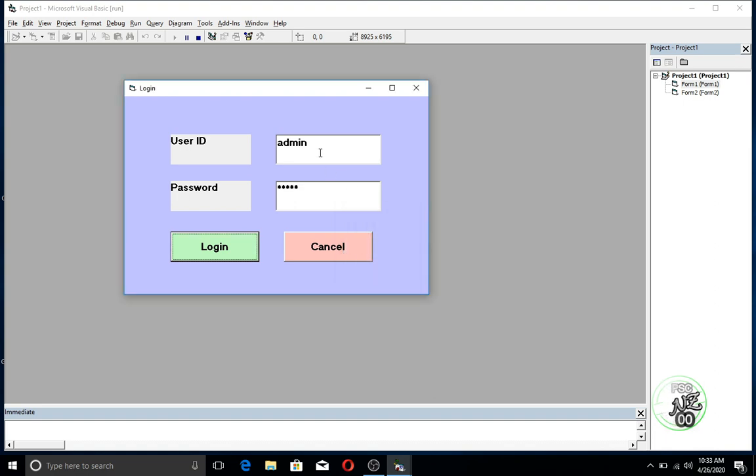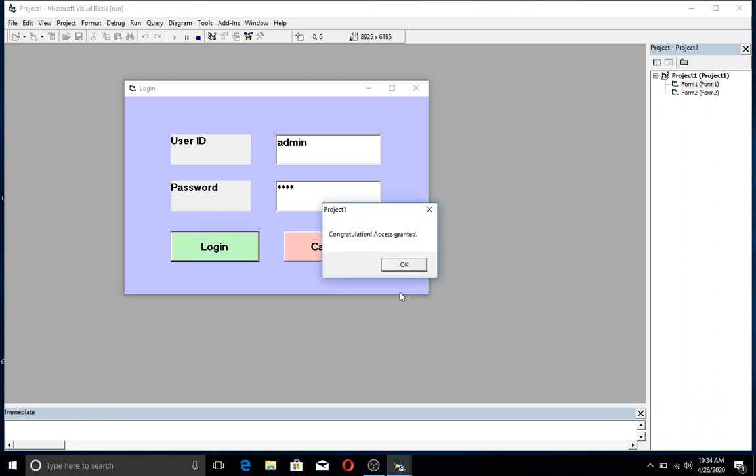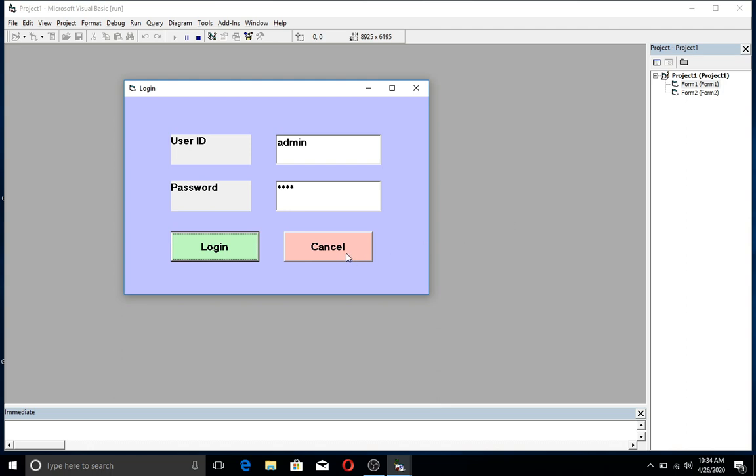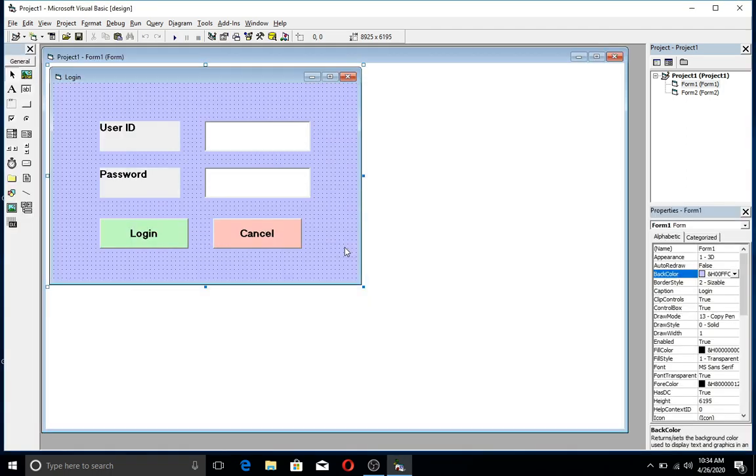So now the user ID is correct but the password is not correct, so this is not giving us the access. I'm now erasing the last digit, so it is correct now, 1234, asking to login. Here it is, it's giving the access. Clicking on this button, I can see my form 2. So here it is. Now I'm checking the cancel button again, so it's stopping the program.